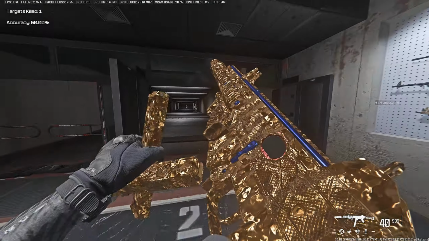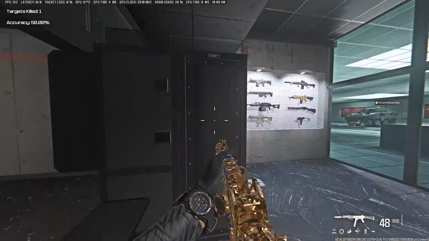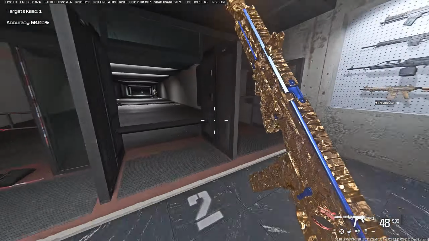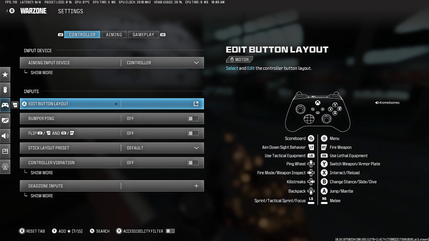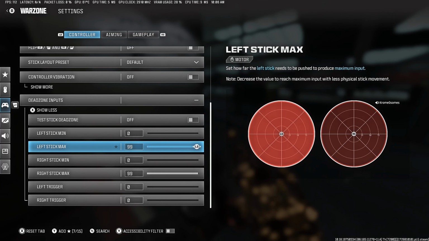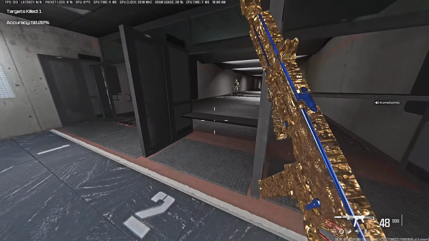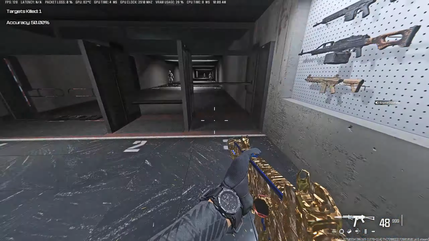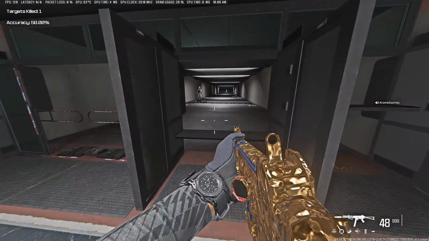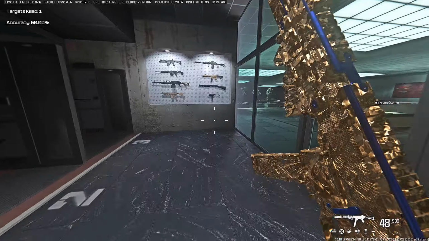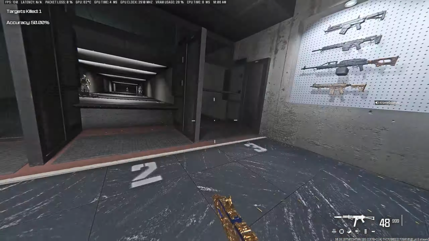So I'd rather just keep the darker tones. Once you get your settings dialed in, how you find your settings is, first you have to find the perfect dead zone for your controller, because my controller is different from everybody else's. Your right stick dead zone, you want to have that set to maybe 4 to 5 if you're on PlayStation controllers. If you're on Xbox controllers, it might be slightly higher, like 7 or maybe even 10, because